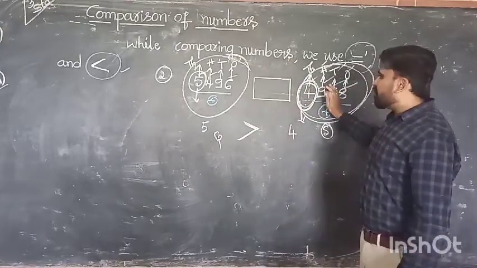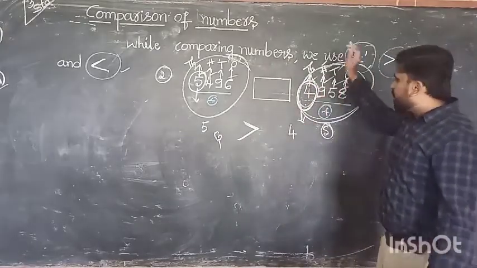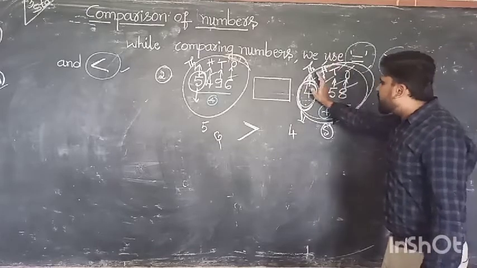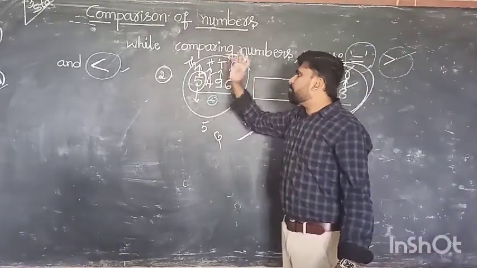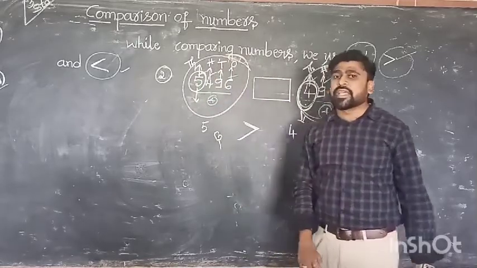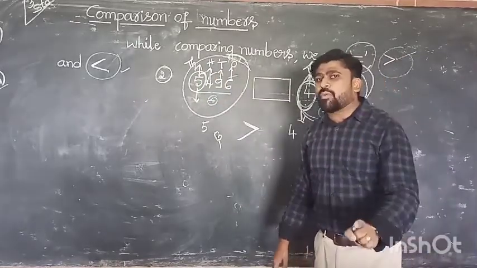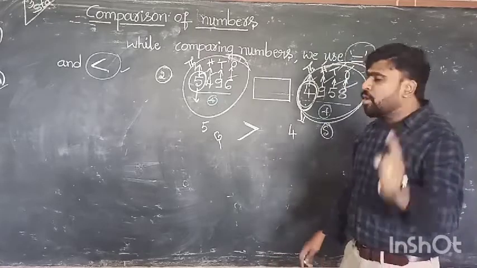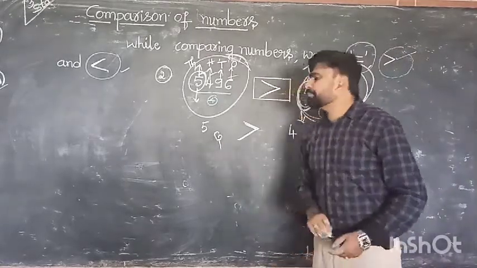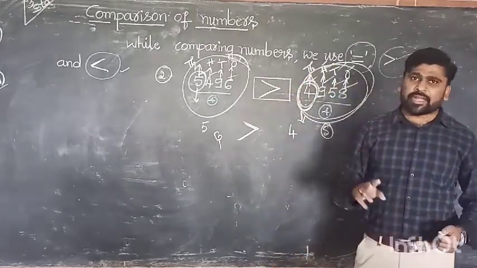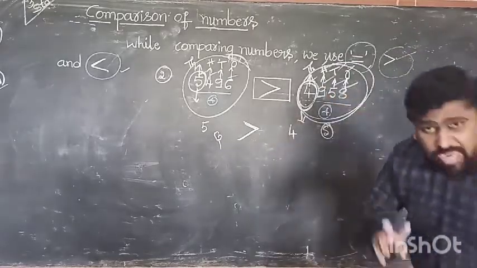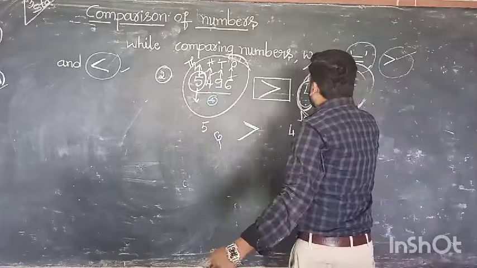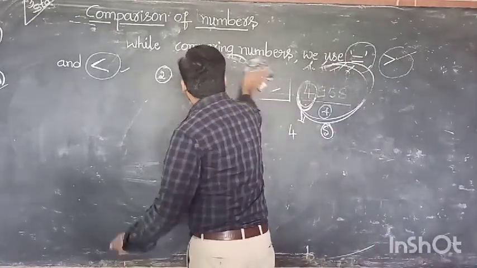Correct? Now we come to identify: this is 4958. It is a small number. 5496. It is a big number. Arrow mark towards the small number. This is the answer. Second type. These are the two types. We have to identify the numbers. I will show another two examples regarding the same point here. I will show another example.